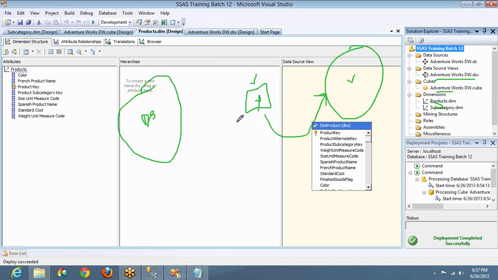And if you click on process, it will come here, it will pull the data and it will push the data into the skeleton which is deployed in the server, right? So once the data is pushed into the analysis services, then only it will be available to view the data. If you click on build, it will only build the project. If you click on deploy, it will build the project and it deploys the project. If you click on process, it builds the project, it deploys the project, and it processes the data.